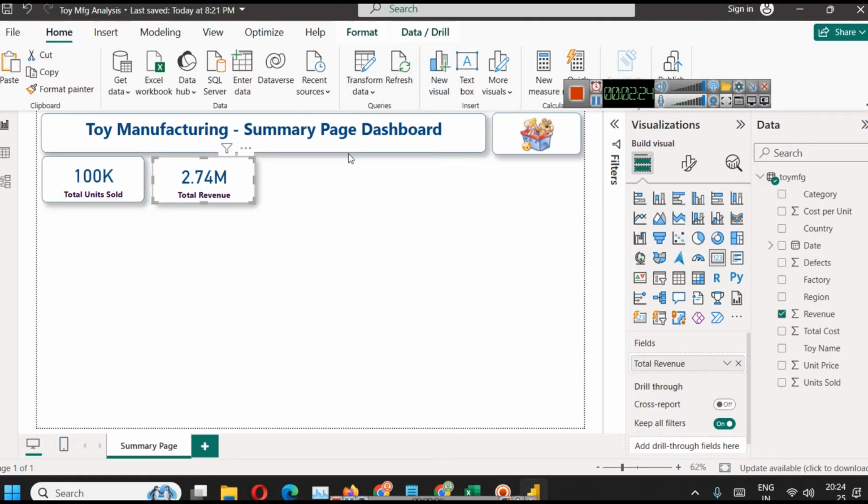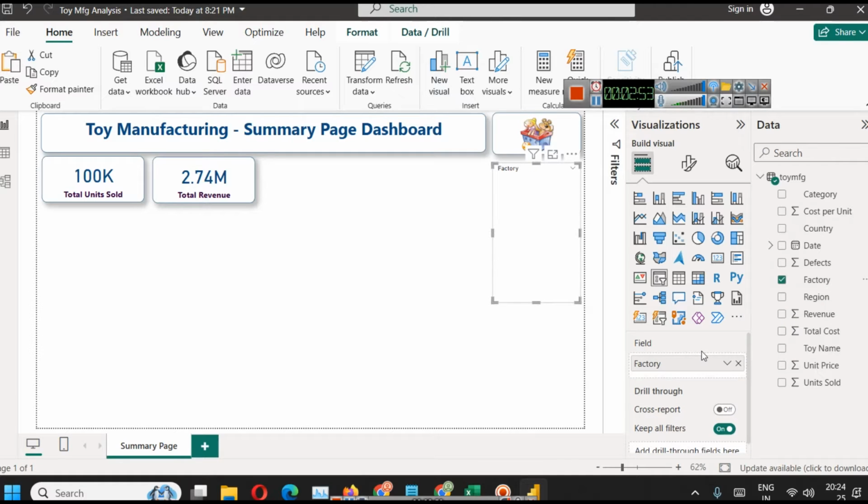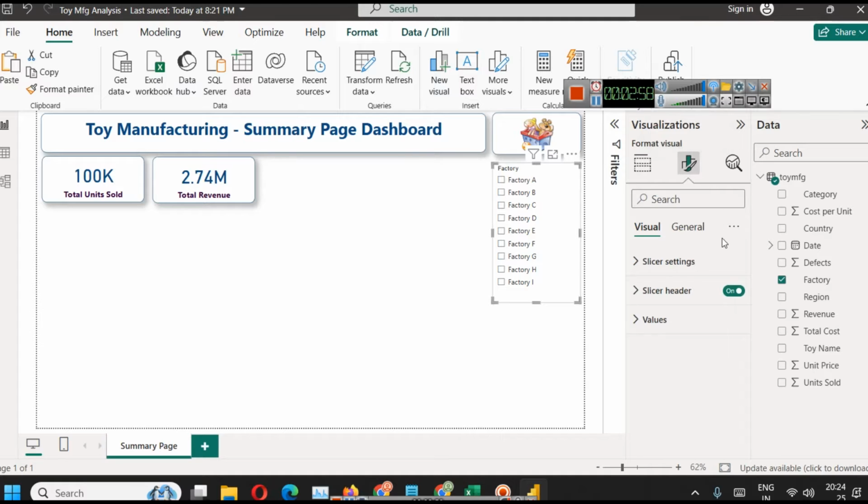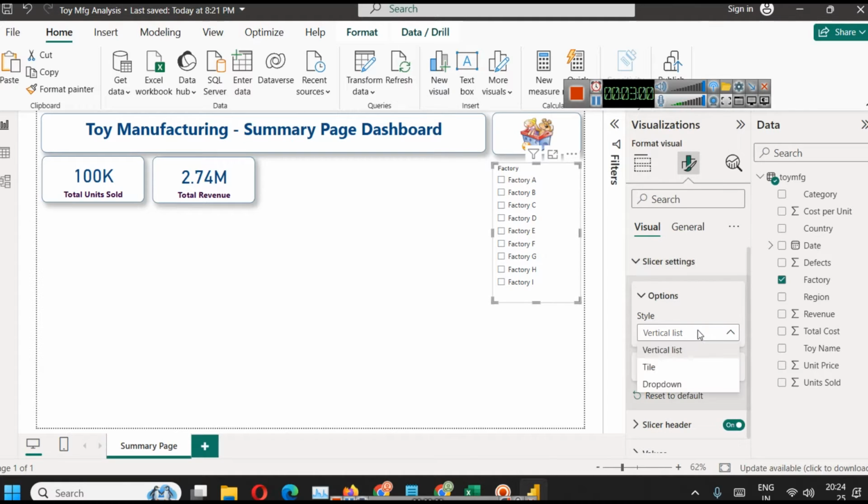So for approximately 100,000 products sold, total revenue is 2.74 million for different factories. Now what we can do, we can use these factories as a slicer. So this is a slicer which is used for filtering the data, and in the slicer I want to see how many factories there are first of all in the data set. So we will add factory information. You can see these are all factories. Since we have close to 8-9 different factories, we will just go with a drop down list,